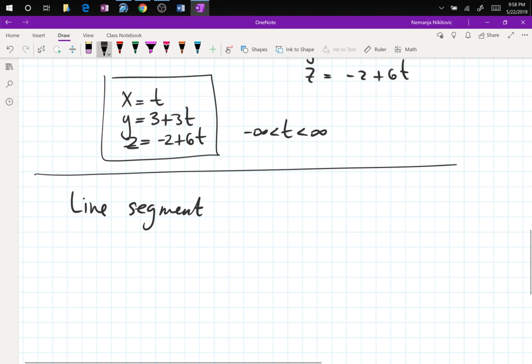Line segment here, problem 28. It says the points are 1, 0, 1 and 0, negative 2, 1. Don't we need the domain as well? Why? You have the endpoints. So that will